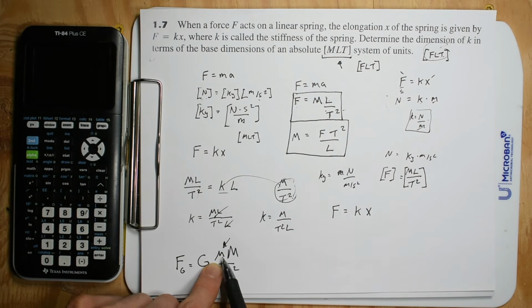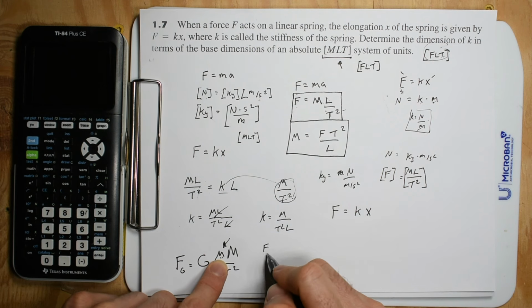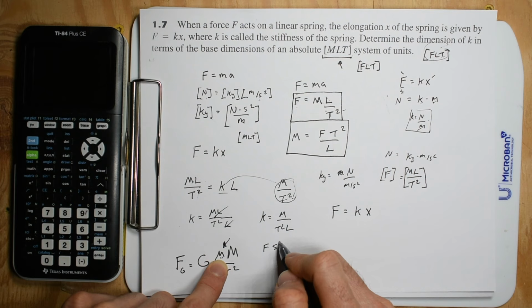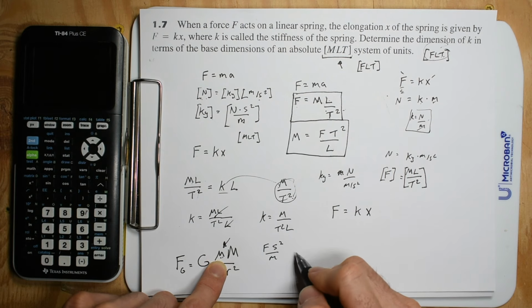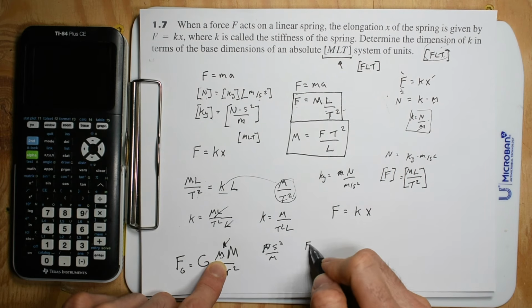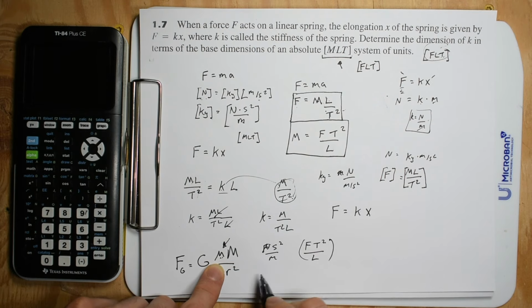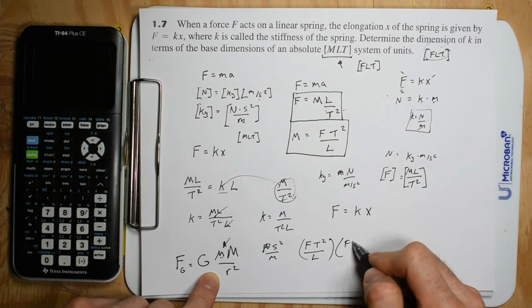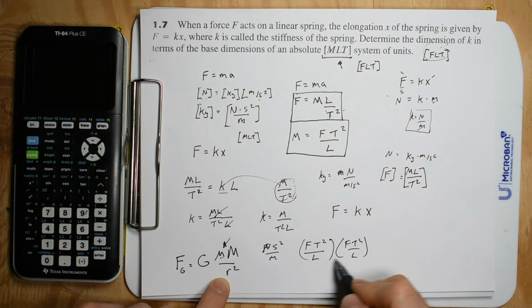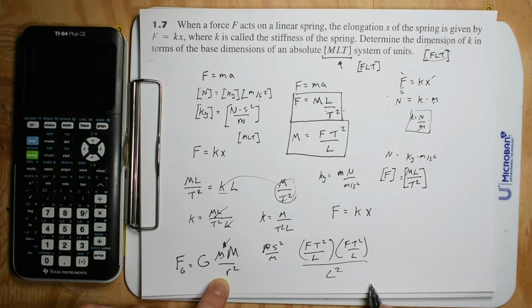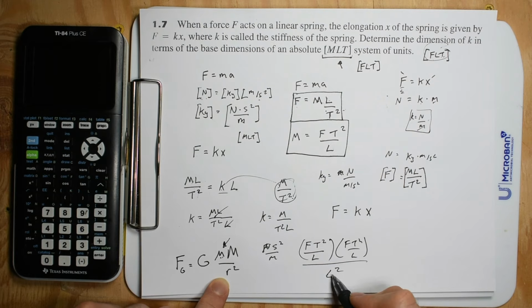So you could convert all these kilograms to force times time squared divided by meter, or F time squared divided by L. So this is force times time squared divided by L squared. And then that L squared,